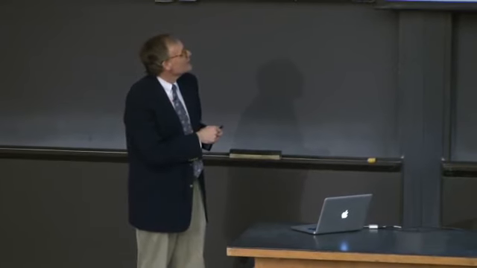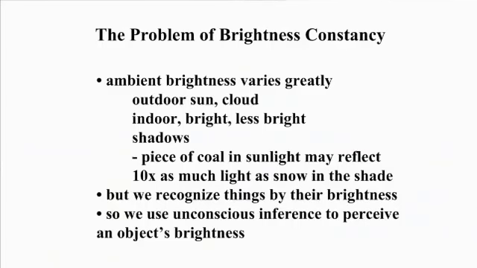But if your visual system worked like a simple objective light meter, you would conclude that the piece of coal in the sunlight is a much brighter thing in an objective sense than snow in the shade. And yet you never make that conclusion because you're constantly, automatically, without effort, adjusting mentally for the ambient light condition. So we use brightness all the time to help us figure out, is that a piece of coal or sunlight? But that brightness perception is constantly adjusted to interpret brightness in the context we're sitting in.